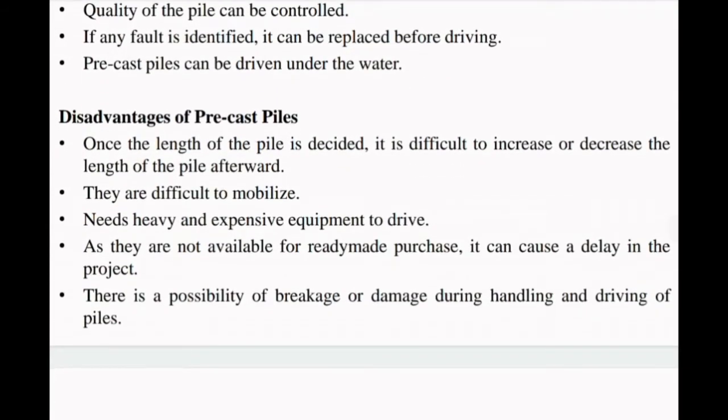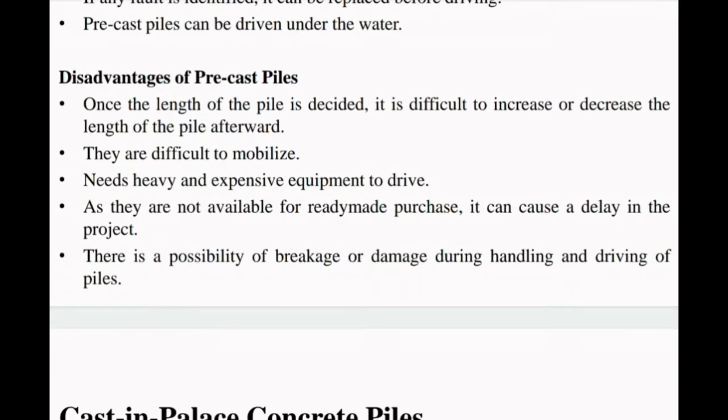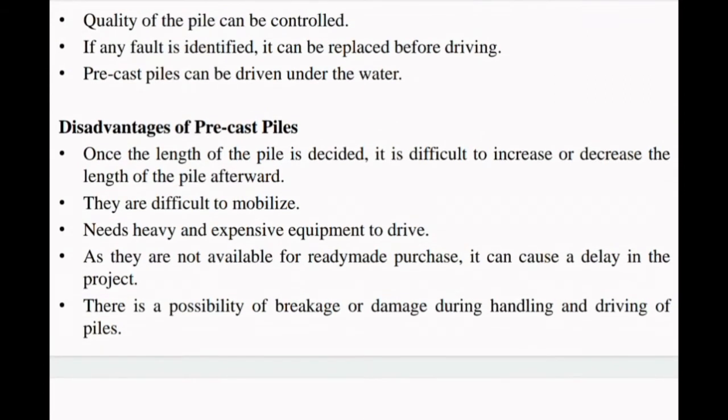And the disadvantages of precast piles are: once the length of the pile is decided, it is difficult to increase or decrease the length of the pile afterwards. It is precast, which means it can't be shortened or lengthened after the precasting has been done, and it is difficult to mobilize. It is somewhat difficult to transport from one place to another, as it is a precast pile, and it needs heavy and expensive equipment for driving